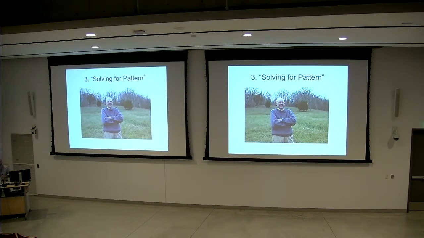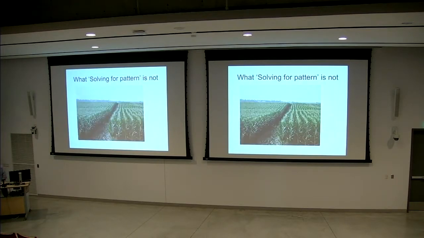Third strategy I'd suggest is what Wendell Berry, my guru and great, great friend, calls solving for pattern. 30 years ago, Wendell used that term. So here's what solving for pattern is not. Farmers have weeds. I struggle with weeds, got a few good systems for them, but weed control's tough. So a little more than 20 years ago, we came up with a solution to weed control. It was Roundup Ready soybeans, and then immediately after that, corn, and now many other things. Genetic resistance into the plant so that you could spray it throughout its life cycle with glyphosate or Roundup.